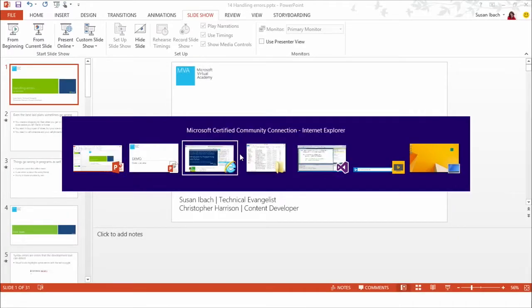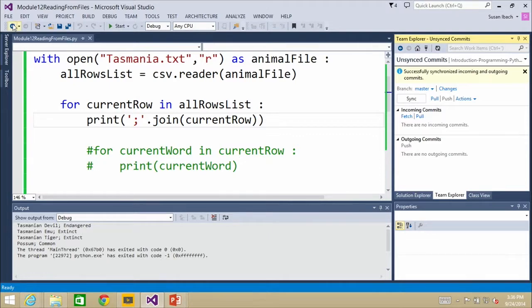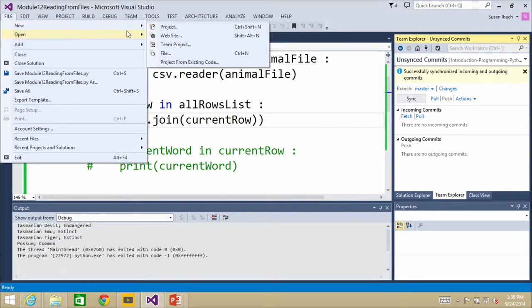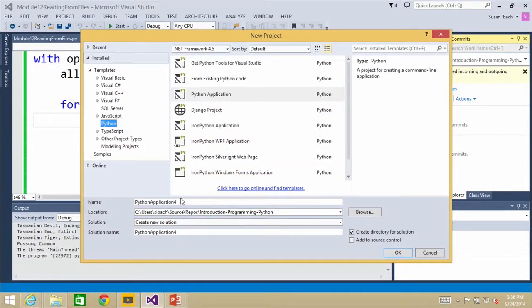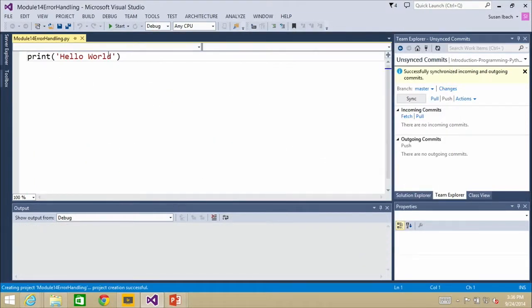So let's get this up and running, because then we can actually mess around with it and see what it does. I'm going to need a new project. All right, let's create module 14. We are on 14, error handling. Trying to use good names, for those of you who are looking for the examples later. So we're going to have first number